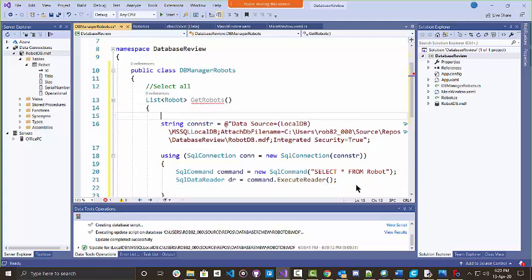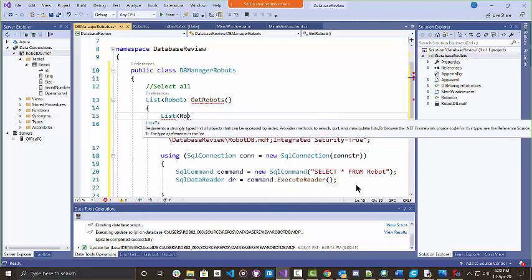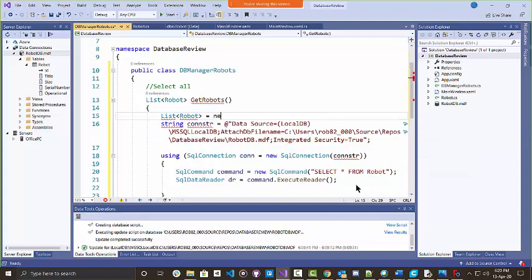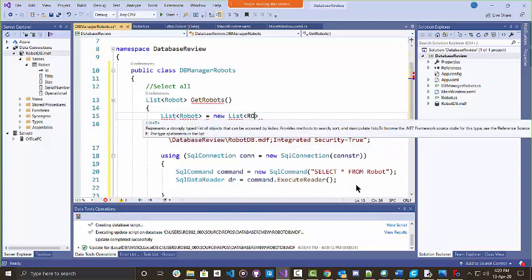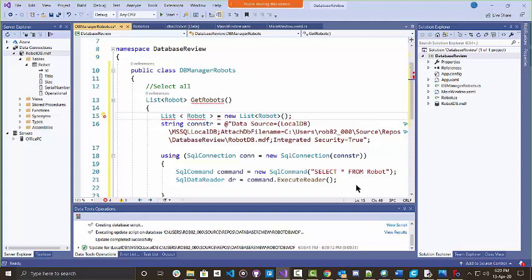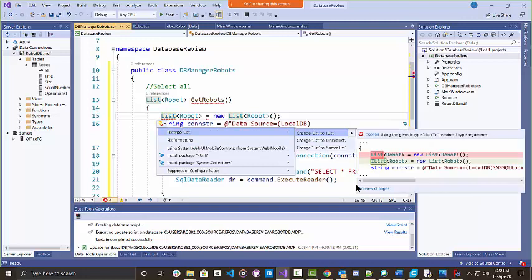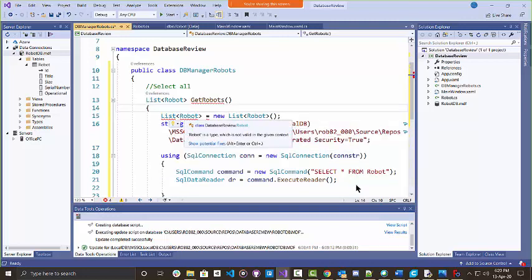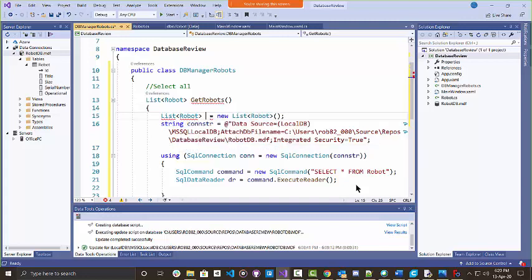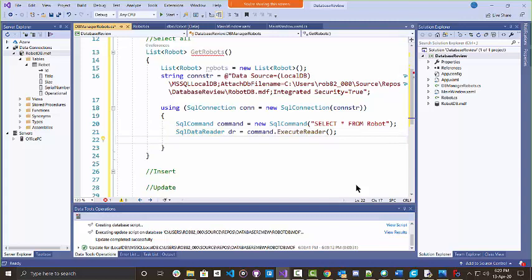So I need a list of robots to begin with, equals a new list of robot. And now I'm going to